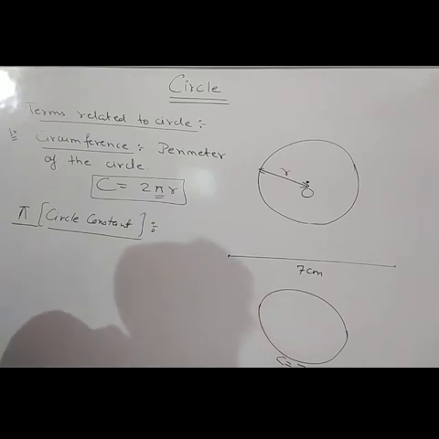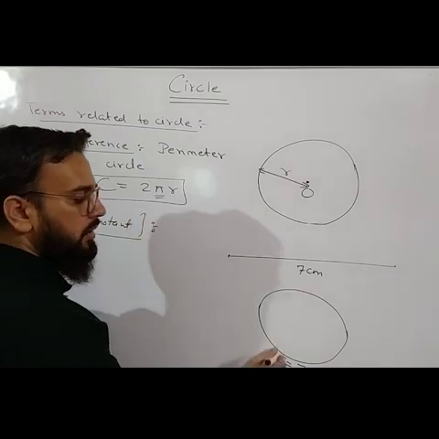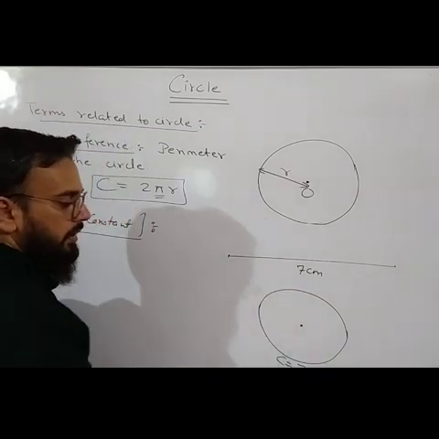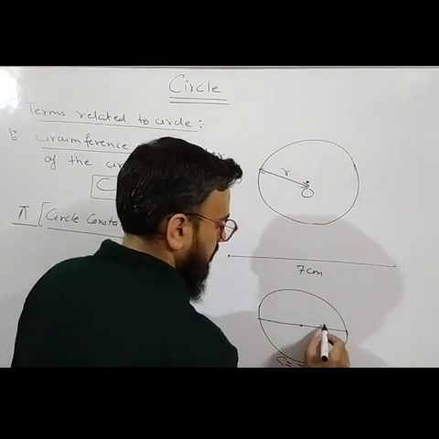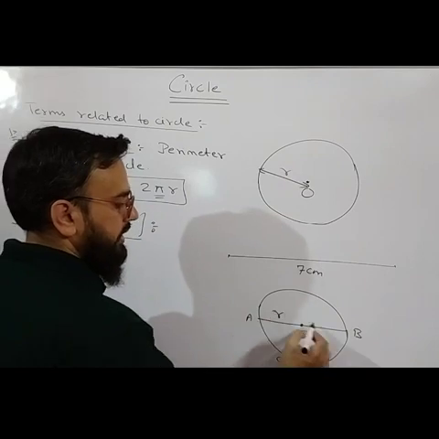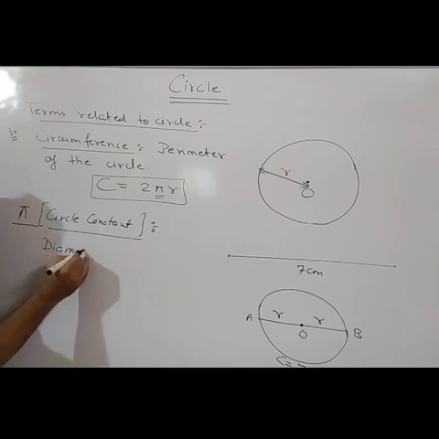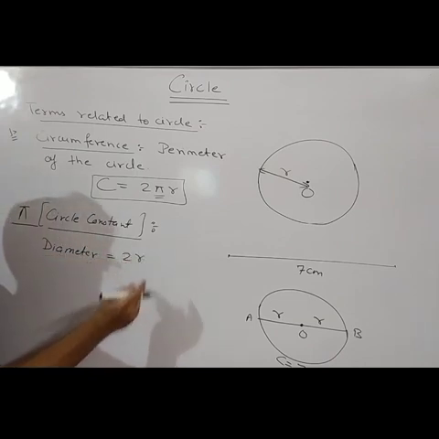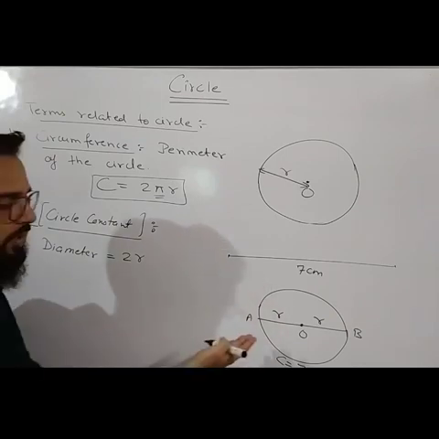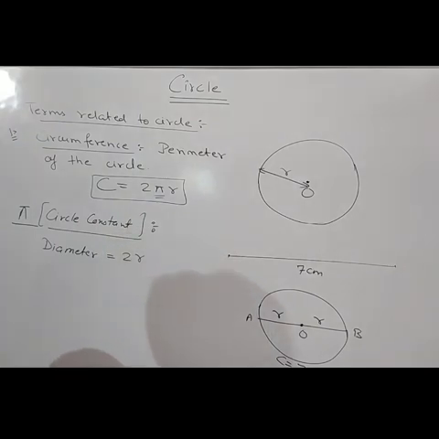Whenever we divide the circumference, we know the circumference of this circle, and suppose this is the center, and we know the diameter. This is our radius if you consider it as points A, B and O. So OA is radius and OB is also radius. So what is diameter? Diameter means twice the radius. Any line joining any 2 points on the circle which passes through the center is called diameter. So diameter is 2r.